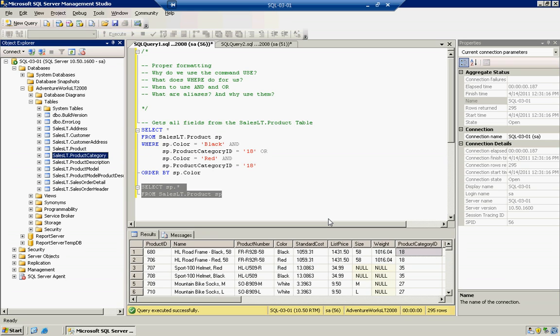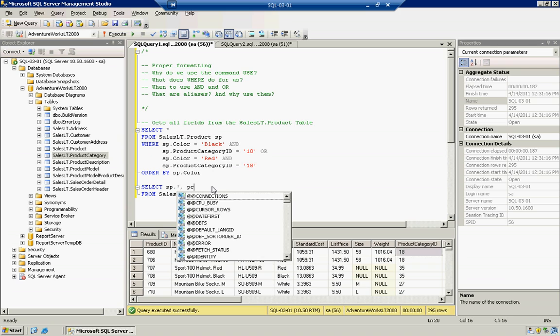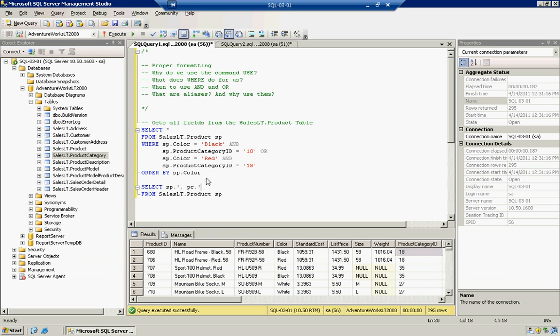So, for example, let's use an inner join. I won't be covering inner joins too much in this series, but let's do an inner join on that product category table. I'm going to say select SP all fields, as well as product category all fields, from my inner join,